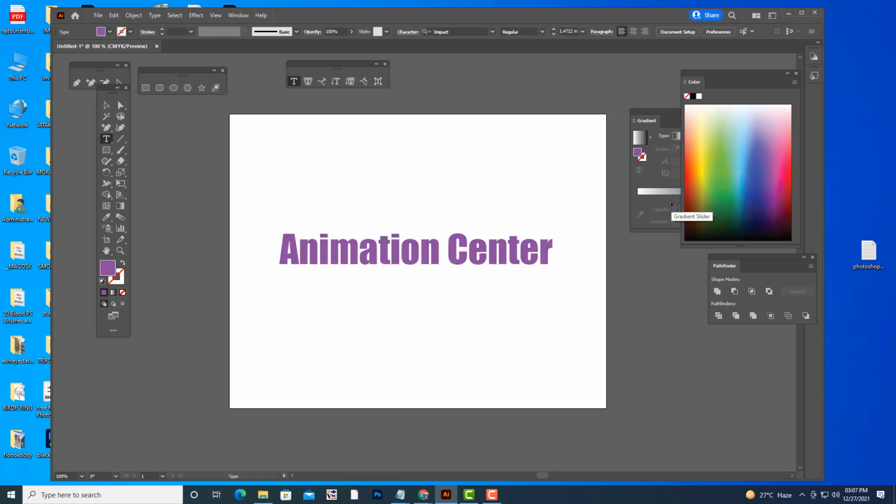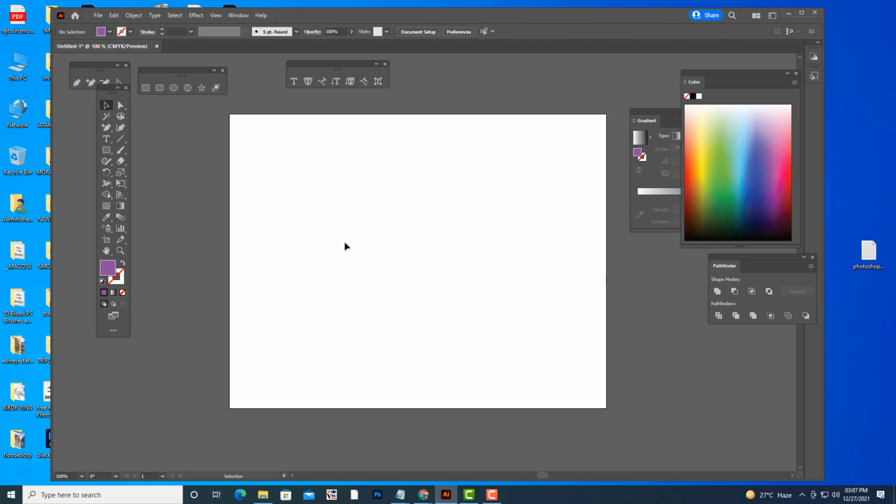So let us see what are the new things that we can do in Illustrator. The new thing we can do is put the text on a path. To put text on a path, we have to use this Type on a Path tool. We should not use the first one. This is the normal type tool, with which we can simply type some matter. But if you want to put the text on a path, you have to use the Type on a Path tool. Before using it, we'll first create a path here.